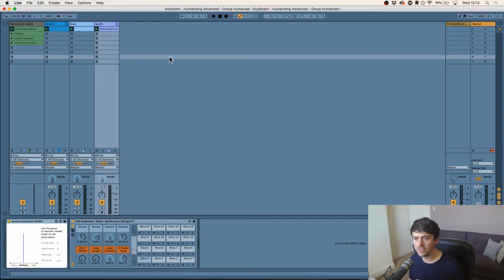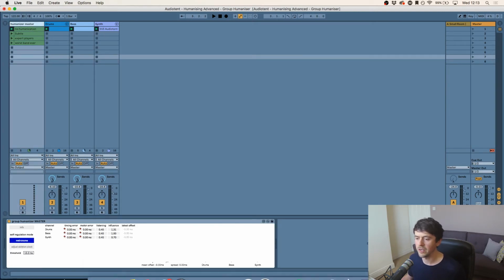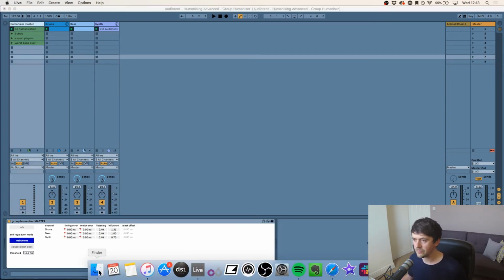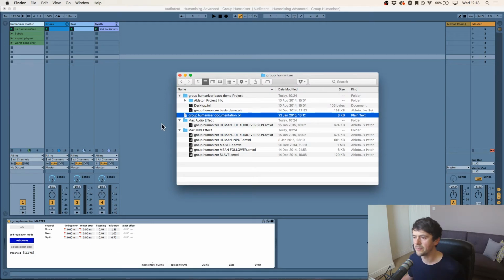So the loop works great together, it's got a nice groove already, but I want the groove to be a little bit more wonky and a little bit more human sounding. So what we're going to do is use the Group Humaniser plugin by James Holden to achieve that. If you go to the Max for Live website and just search for Group Humaniser, you'll download this